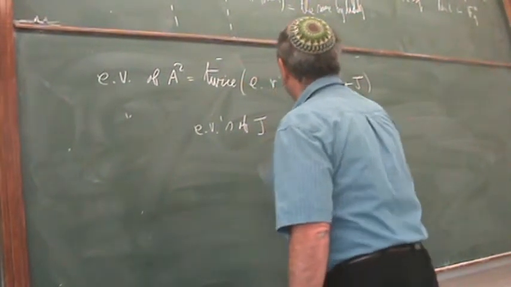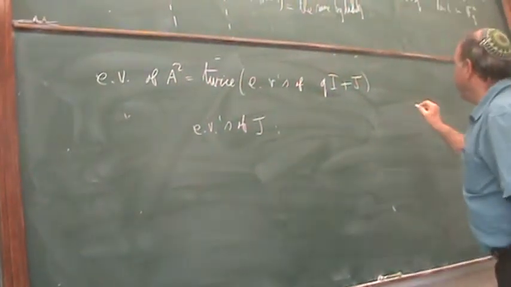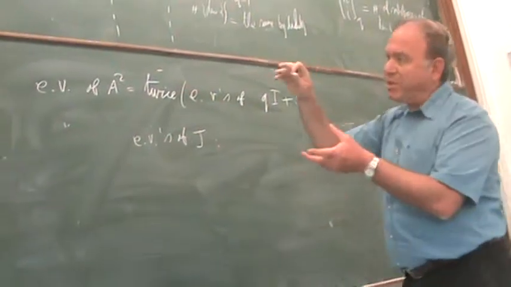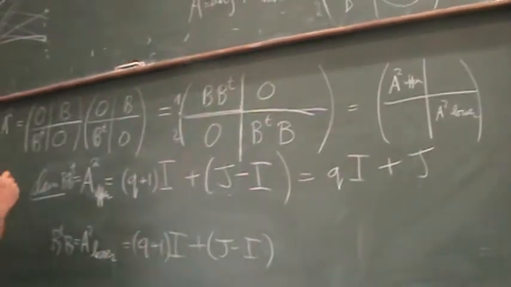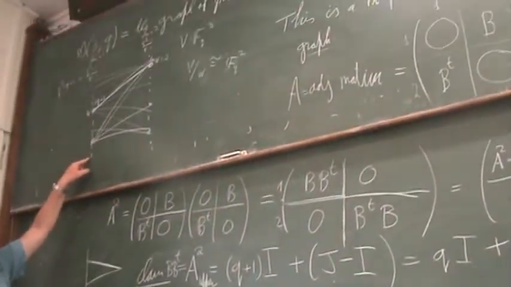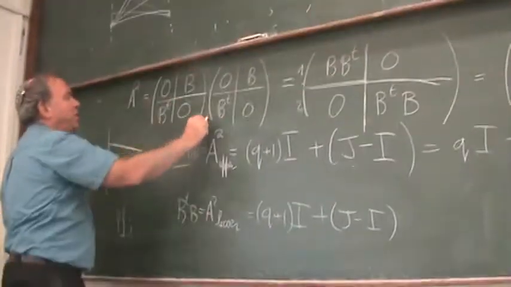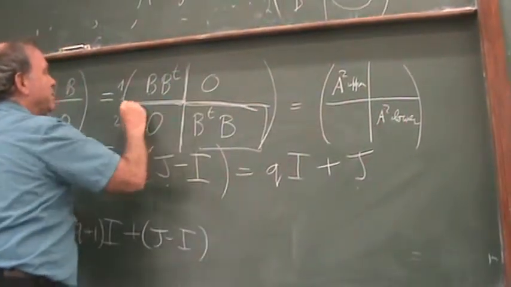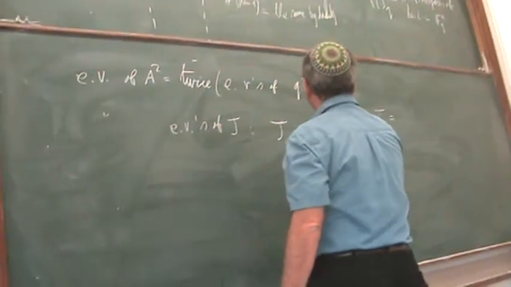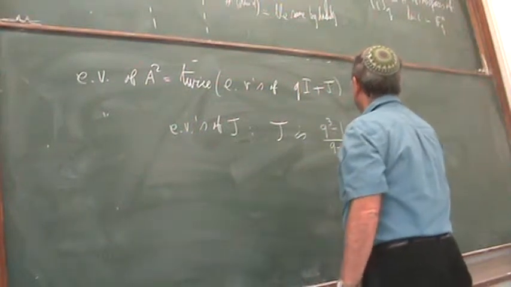Which J is this? The J is a matrix of just one side. It's the all-ones matrix on that side. The size of J is not the complete one, it is only this size. So J is a matrix of size q squared plus q plus 1,